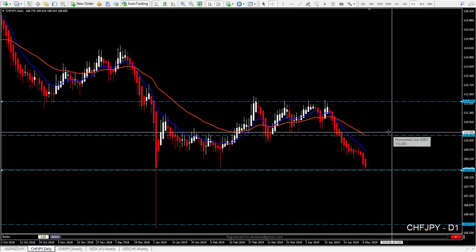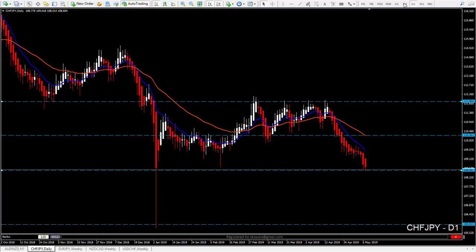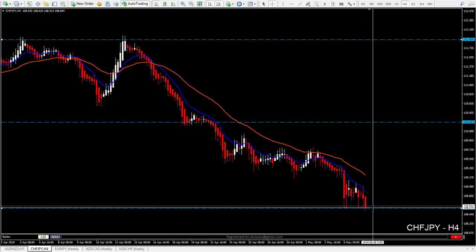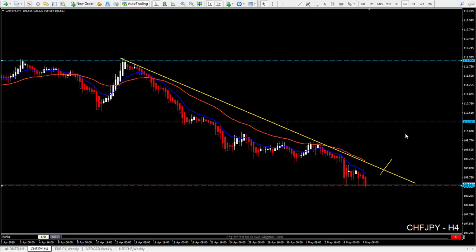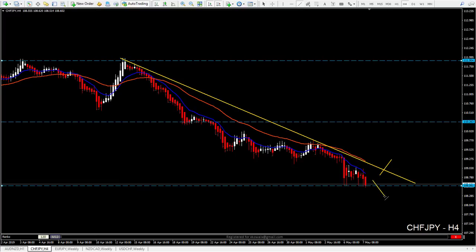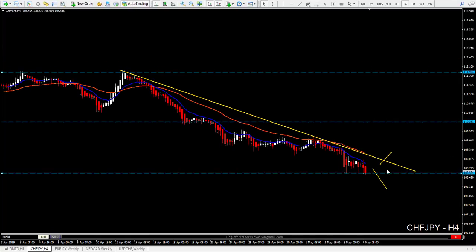So at this point we would like to lock the profits and then still try to target this resistance level here. So if we go to the 4-hour chart, we will see that price right now is reacting. The first thing which we can do is to draw the line, and after breakout of this line we can look for possible long scenarios, and we know our possible target where to manage the profits, or we still wait for breakouts. But breakouts, of course, we know that this will be late without bigger retracement on the higher time frame, so we have to lower the risk,